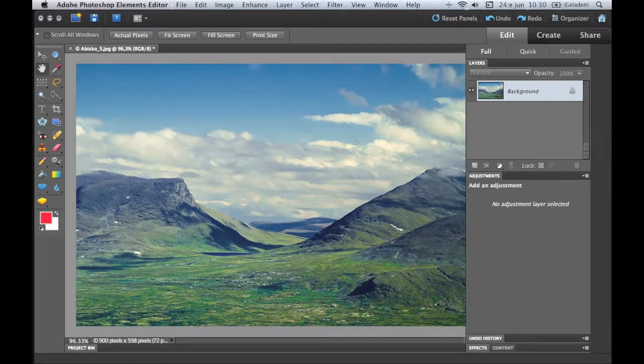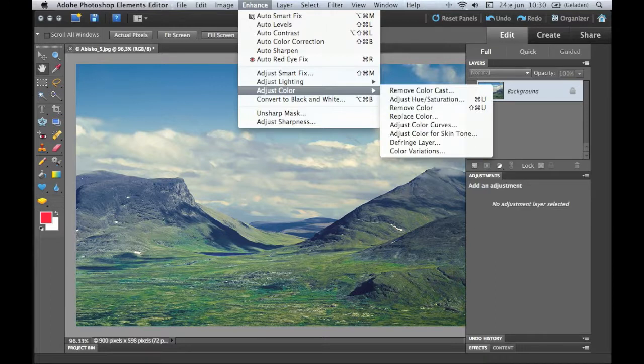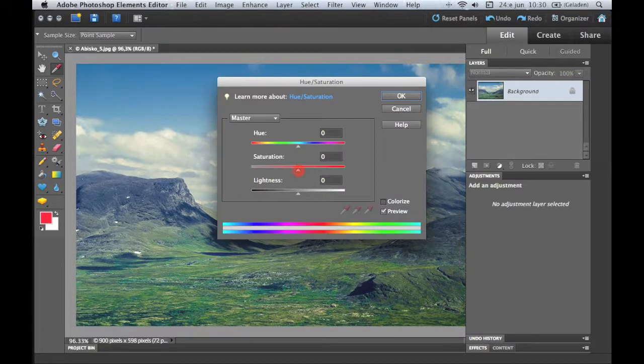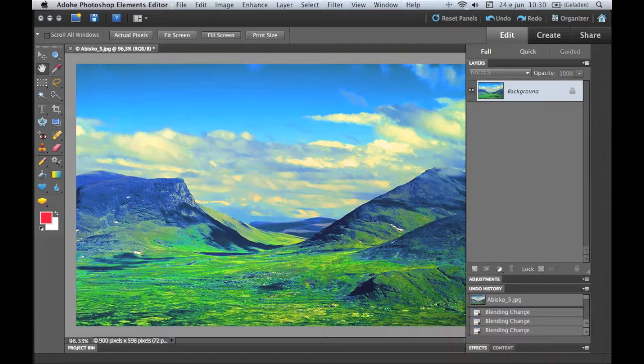You can use a filter, and we can go into, let's say, adjustment, just to show you. Okay, so when we're done, but we don't like it, of course you can go back in your history. This is one opportunity,